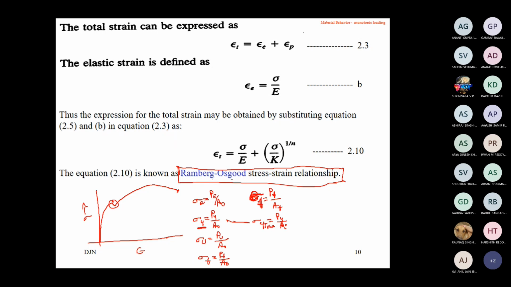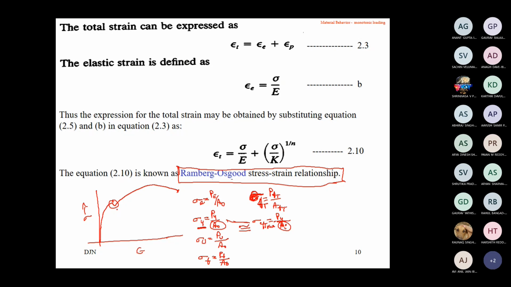I am writing F for fracture strength, FT, the true fracture strength, the load at that particular area at that point. Fine. So at the place of yielding, the reduction between the area A naught and the instantaneous area at that time is very, very small. Therefore, the values of the engineering yield stress and the true yield stress are almost equal. But when coming to the ultimate point, significant necking is present.